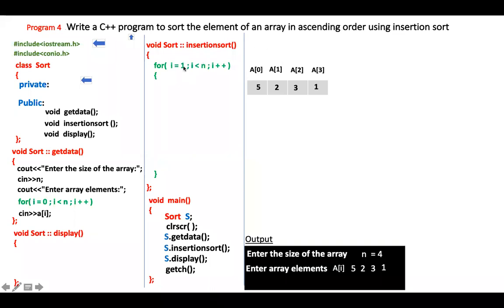Since in insertion sort I have to check the elements and arrange them one after the other, I will not do the iteration only once. I'll do it multiple times. As I told you, if you have four memory locations, it will take 3 iterations.